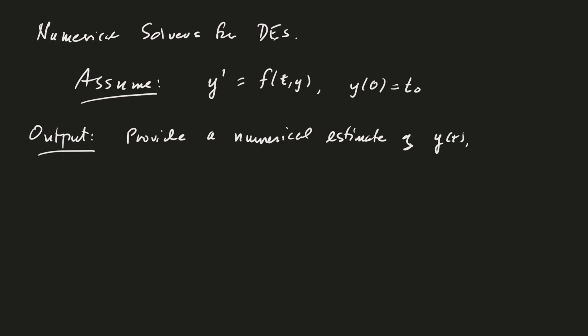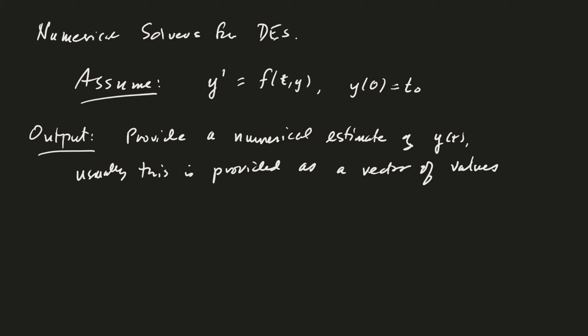Usually this is provided as a vector of values of y evaluated at some specified set of time values. Okay, and so by that I mean,